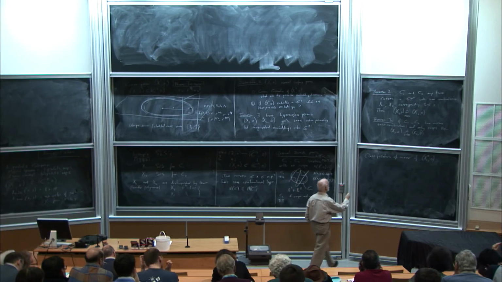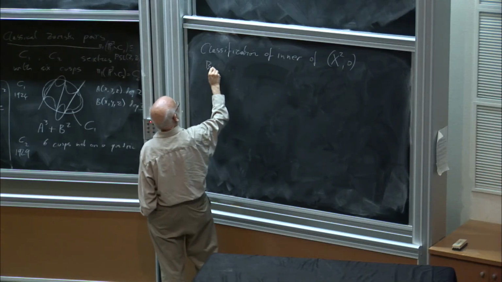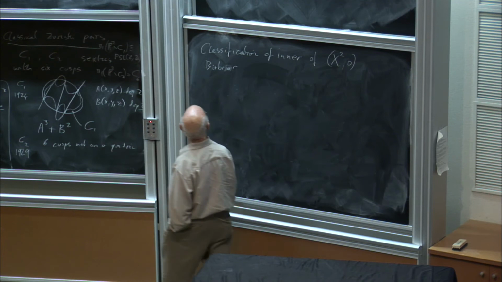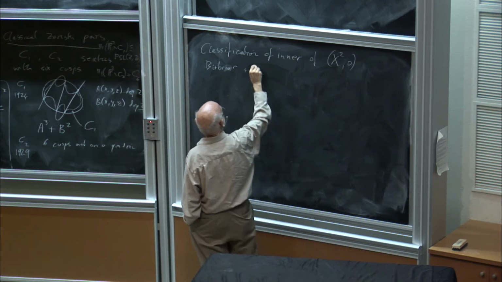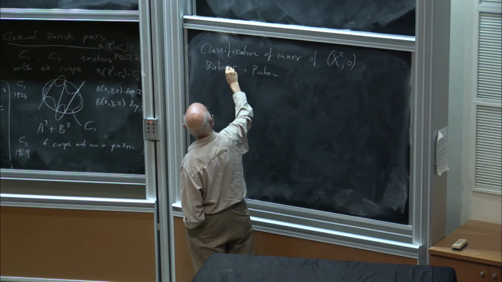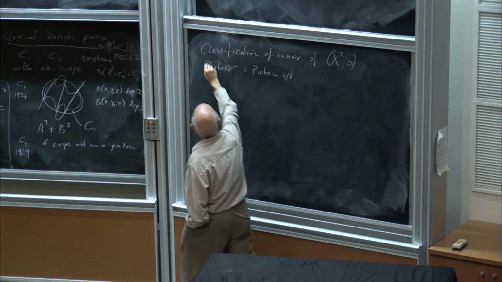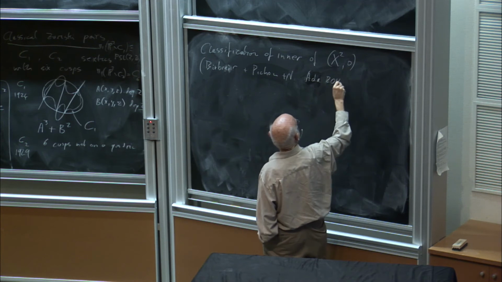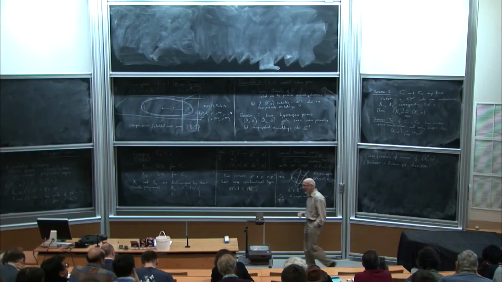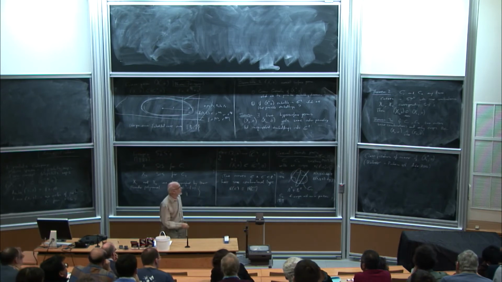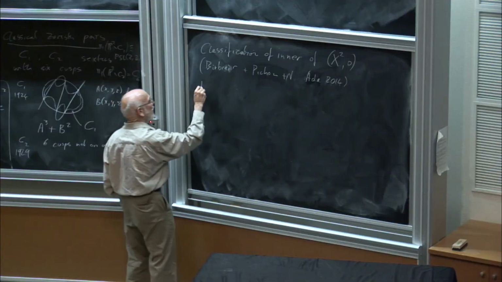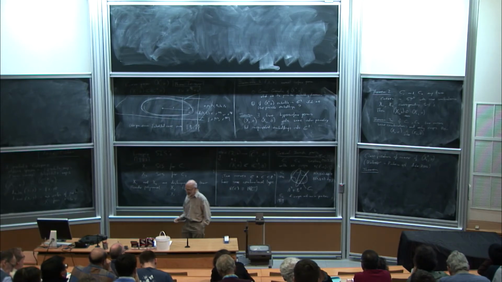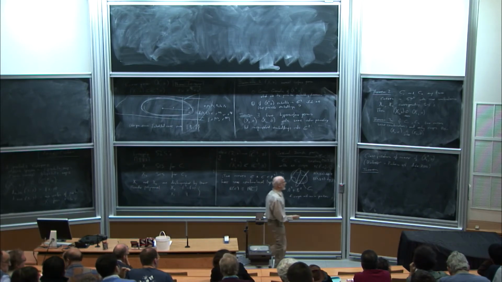So this is a result of Birbrair, Neumann, and Pichon. I always forget which way the I and the A go. I think the other way. Thank you. Neumann. So this is in Acta 2014, which describes a classification in terms of a decomposition into pieces. So let me state it as a theorem which is initially not quite correct, and then I'll refine it to make it more correct. But the basic idea is that